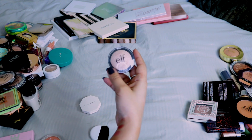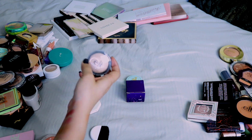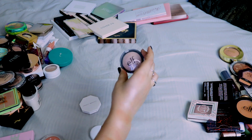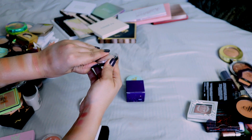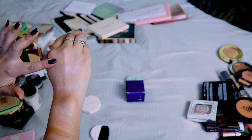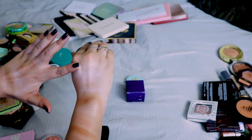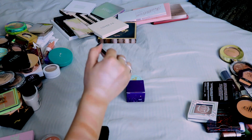Then we have this e.l.f. What's it called? e.l.f. Baked Highlight. I forget what it's called. This shade is in Moonlight Pearl. This is a very old highlight, but it's still a really good highlight. It is not a subtle highlight. You will definitely be able to see it. I don't know if you guys will even be able to pick it up right there on the top, but